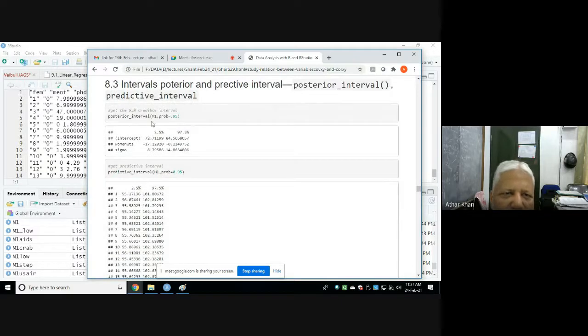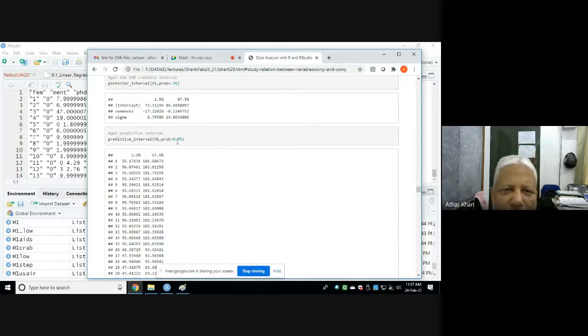This is the 95% posterior interval. See, this does not contain 0, and that's why this effect, the difference between sporty and lazy women, is statistically significant. The posterior interval talks about the average estimate, and the predictive interval talks about the individual responses.